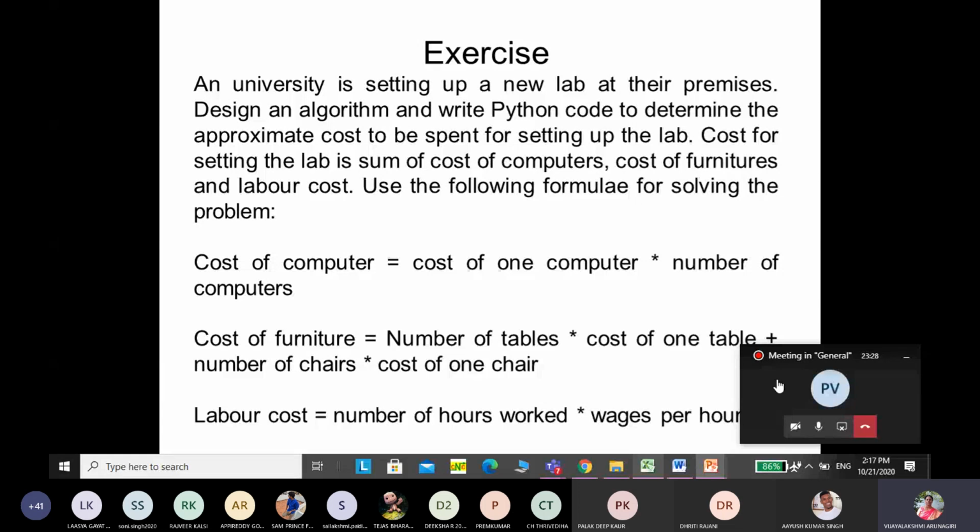So everyone please write the PAC chart, algorithm or pseudocode, program if possible. Randomly I'll call any one student and ask you to explain the solution of the problem.